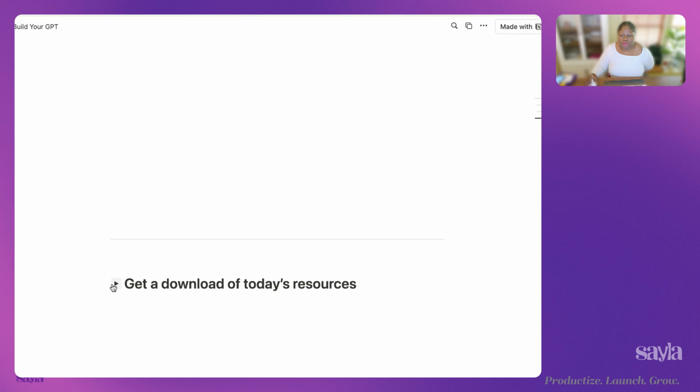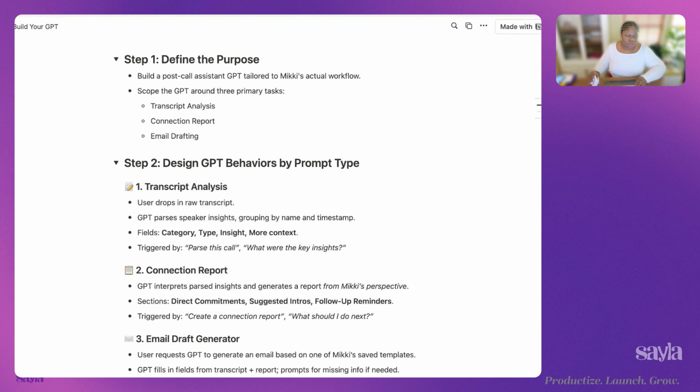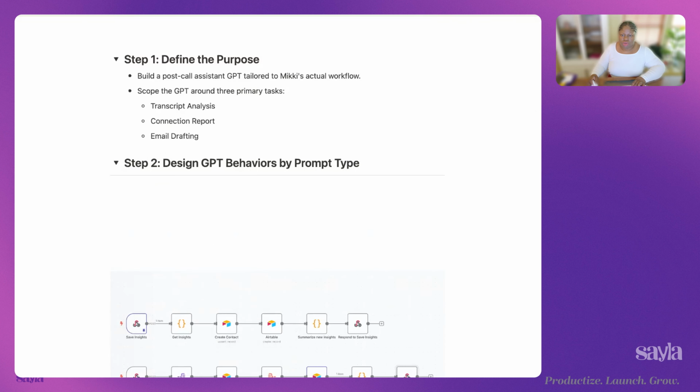All the way down here. Do I have a screenshot? I lost my screenshot. Oy vey. Let me get my screenshot. We need a screenshot, y'all. You've got to see what's running behind the scenes. Recent screenshot. Okay, there we go. Let me see if I can refresh this now. There we go.